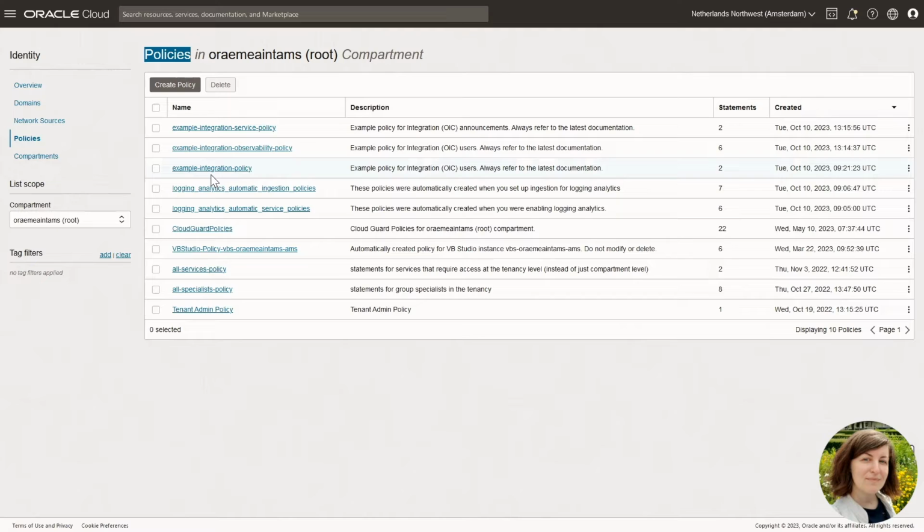For a user to be able to provision or manage integration instances, that user can be part of the tenant administrators, and then the tenant administrators can manage all the resources in the tenancy. Or if you want to allow users with more granular permissions to manage OIC, you can define specific integration policies.